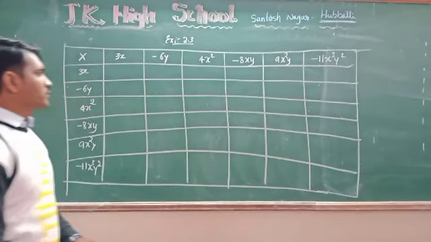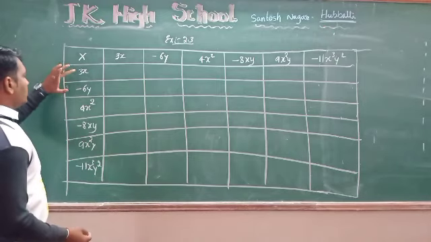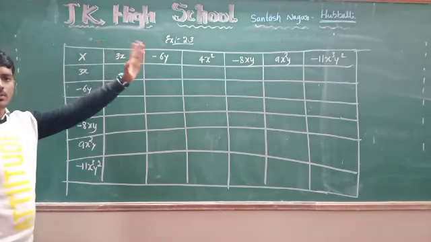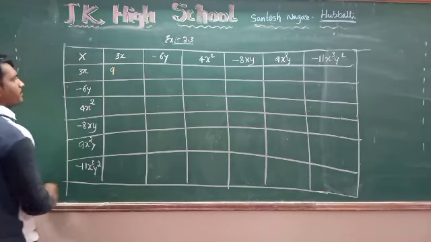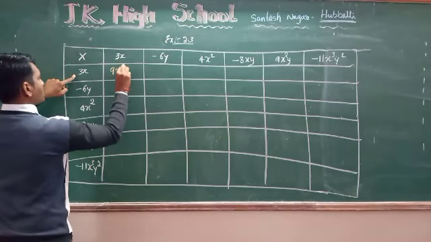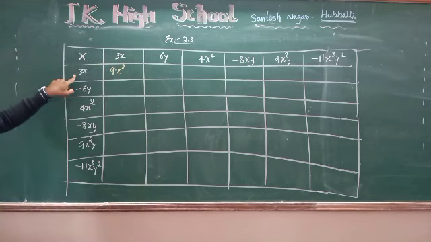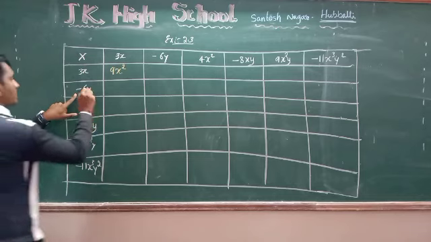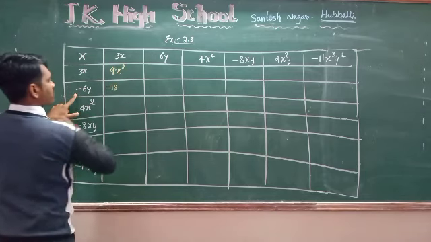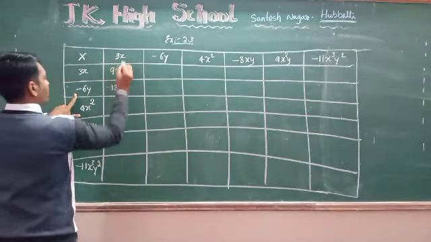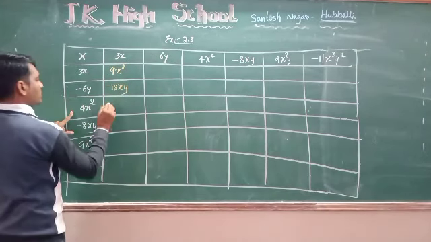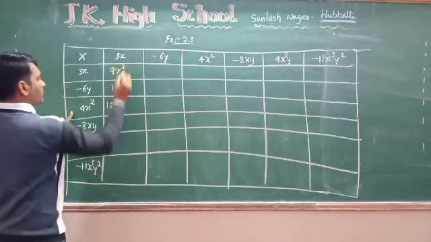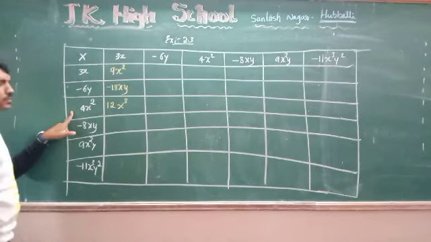So how to do the multiplication? First, multiply the constants, later on we will go to the variables. First one, 3 3s are 9. X into x is what? X squared. So first row into first column. Second, 6 3s are minus 18. Y into x, xy. Next, 4 3s are 12. X squared into x, x cubed.